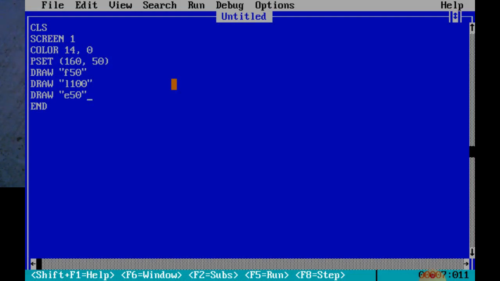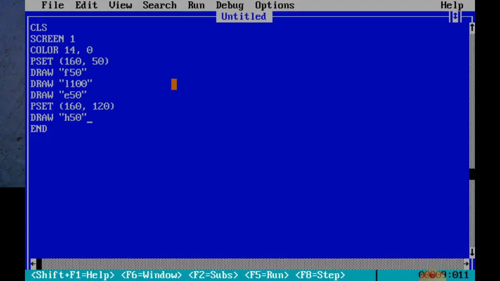And now if you want to make the star, we make the opposite triangle here. Again set P set here. And this time also the column will be 160, but the rows will be different, 120. We write here 120. And now draw an upward direction toward the left side, so we have to move to the left side. So we write here H, it will move upward to the left side. Okay, now next here you can see, yes, this way we can move.